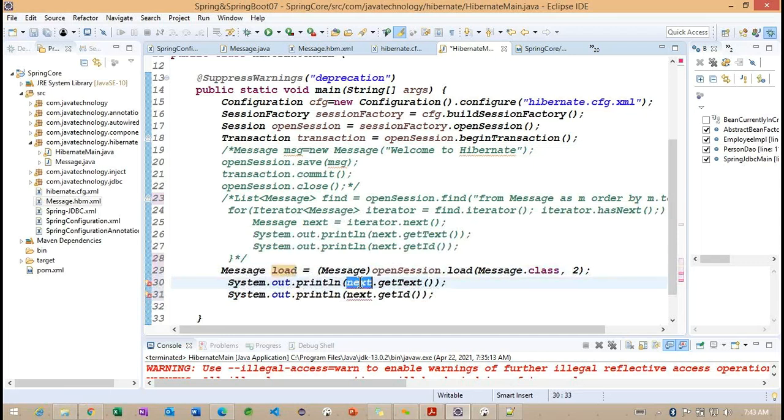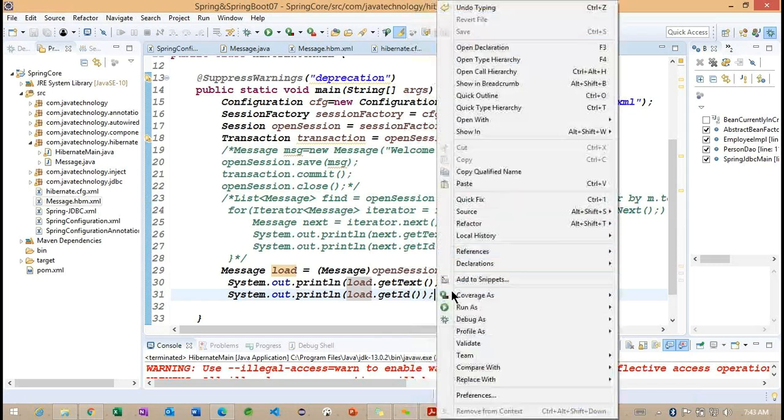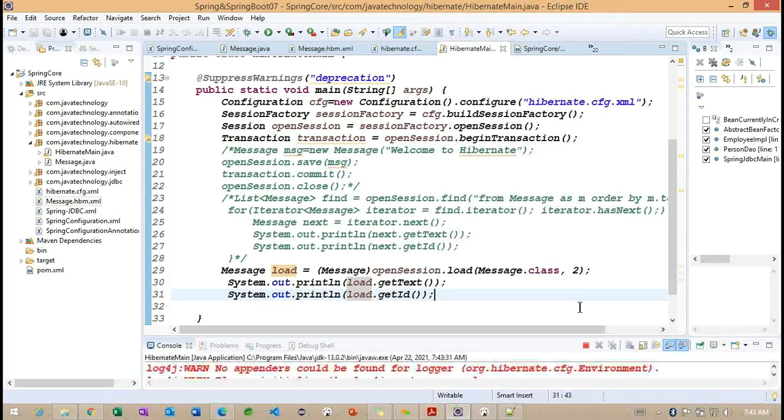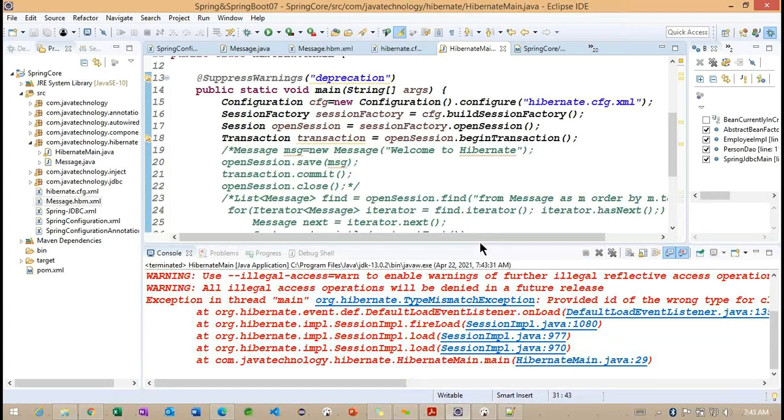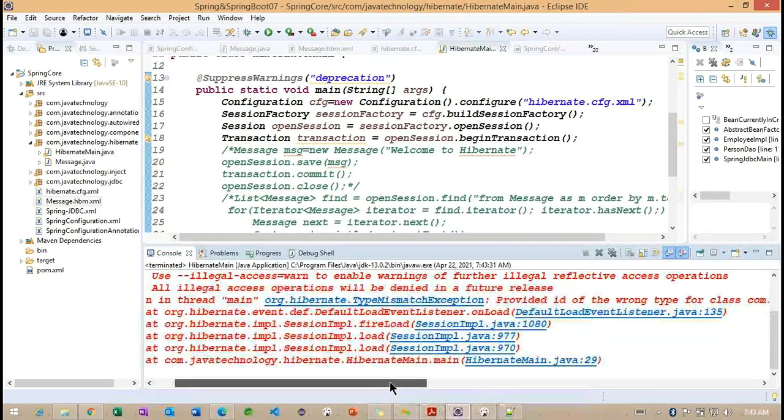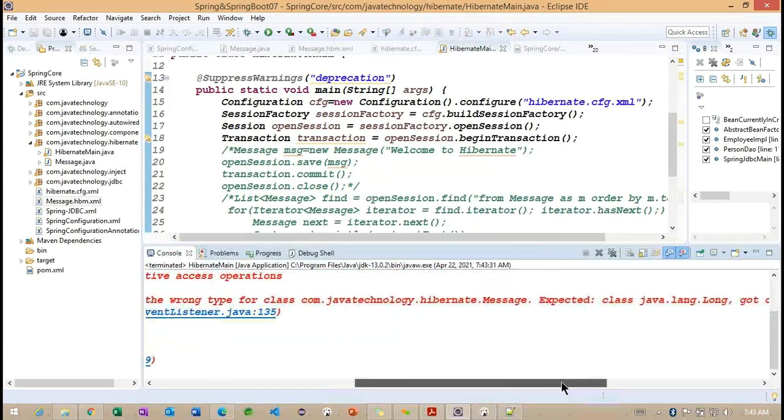Instead of find here, I want to change it to load. Now observe how this particular load method is working. We need to identify the difference between the find method and the load method. Okay, so type mismatch conversion here. Provided ID, wrong type.